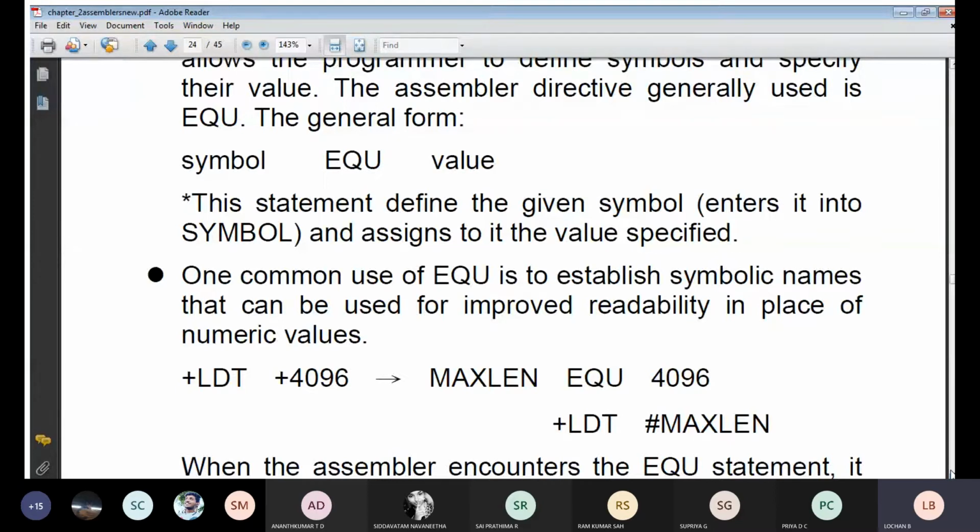For example, let us consider a program called addition of two numbers. In that particular case, I'm going to take an A value and a B value. How many variables have I taken? Two variables. What are the two variables? The A value and the B value. Now next I'm going to assign the values.